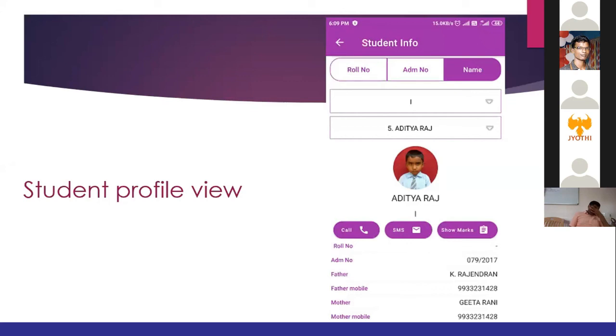That's not the circular. What I'm asking is about the assignments. Do parents want to reply on the same page itself, sir? Yes. Like you're asking for two-way communication, right? Okay, sir. That I will discuss with the team manager, then I'll give you the feedback. Okay, fine. Thank you, sir.